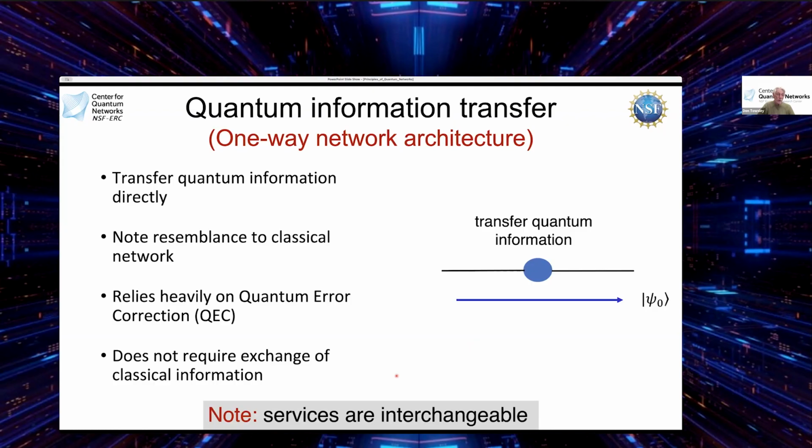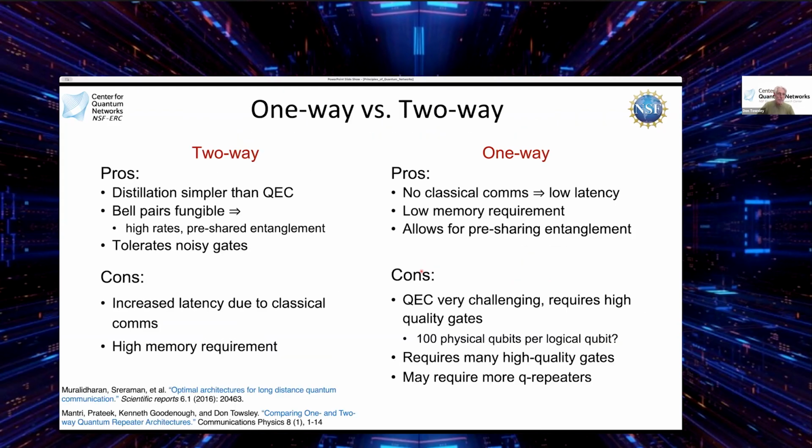It's important to note that the two services are interchangeable. If you have a network that transfers quantum information, you can use it to distribute bell pairs. And the way that you would do that is that in the example that we had here, this node here could generate a bell pair and then transfer one of the qubits over to the destination while keeping the other qubit, and then they would share a bell pair. So they're both interchangeable. So if we look at one-way versus two-way,